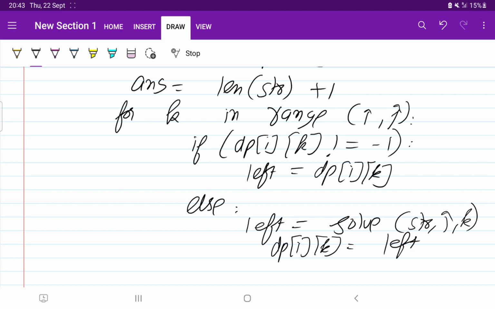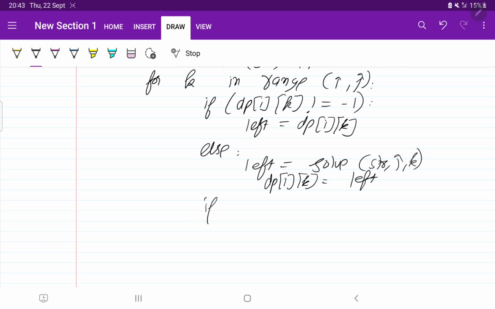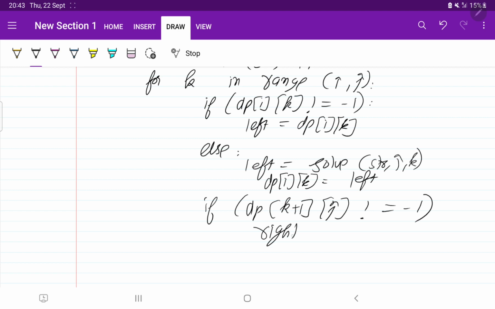Now we need to check for the right as well. So if dp of k plus 1, for right it is from k plus 1 to j, is not equal to -1, it means that the right part is already solved. So we were updating right with the value dp of k plus 1 comma j.